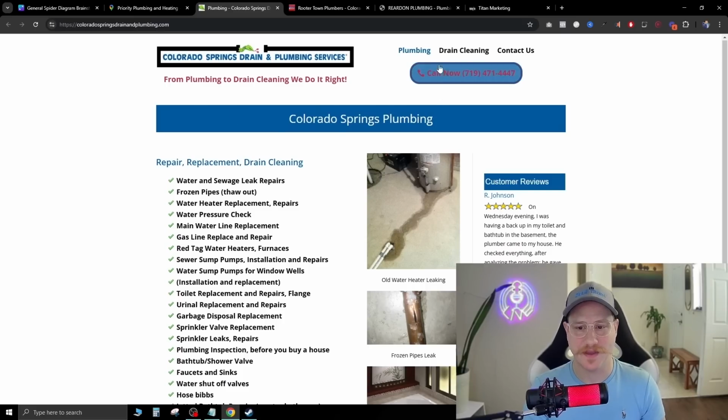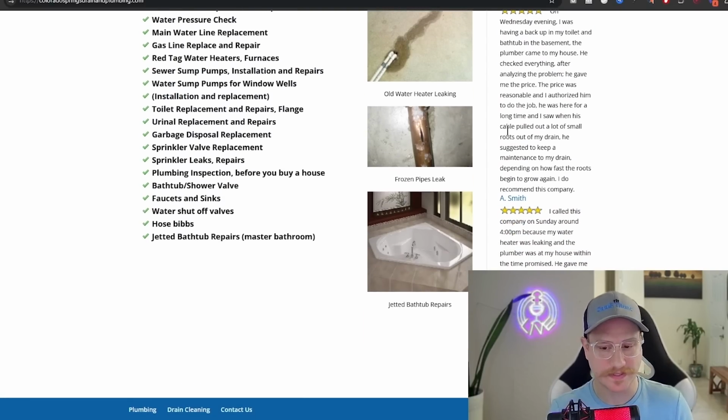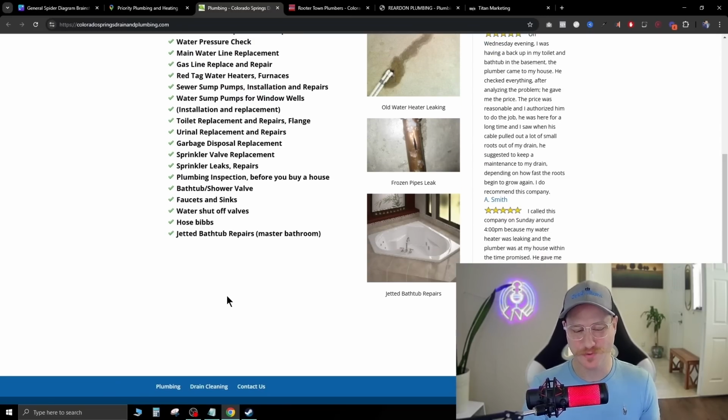It doesn't have anywhere for me to enter my information. Let's say I wanted to get more information via email. I can't enter any of my information to give them so they can contact me. They do have customer reviews on the right side, which is good. It would look a lot cleaner if it had its own section and the page was just a little bit